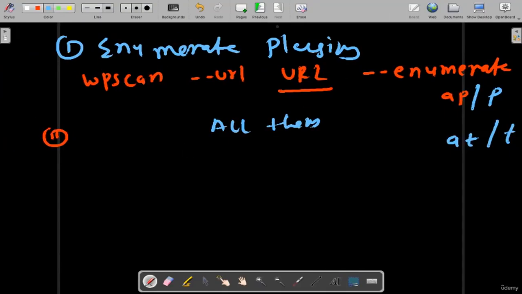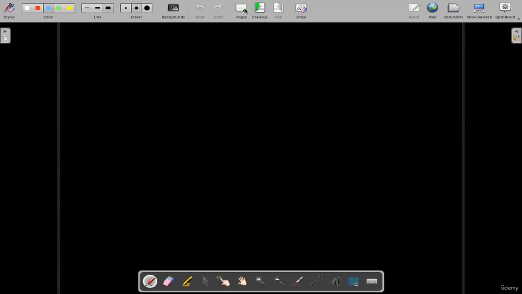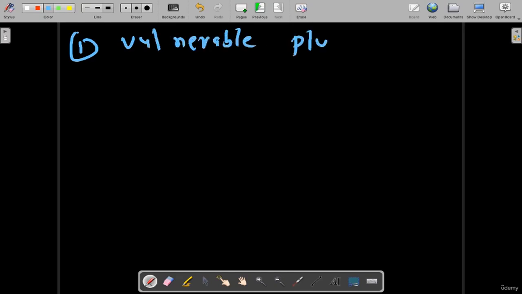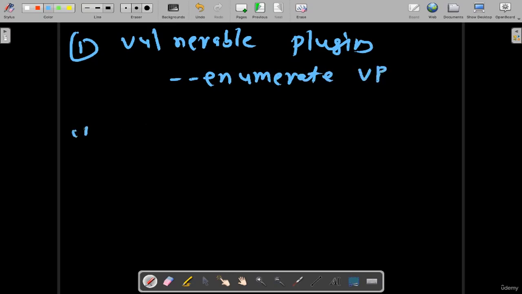Now the second example I'm going to teach you. You don't want to enumerate all the plugins. Let's say you enumerated, and now you want to find all the vulnerable plugins. For that, you just have to add hyphen enumerate equal space VP. If you want to find all the vulnerable themes,